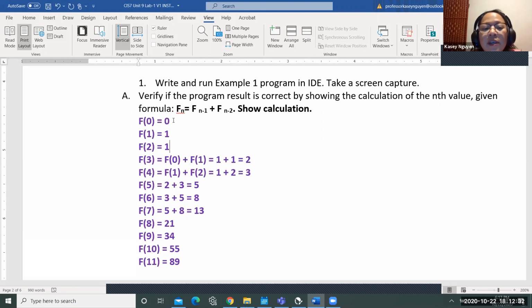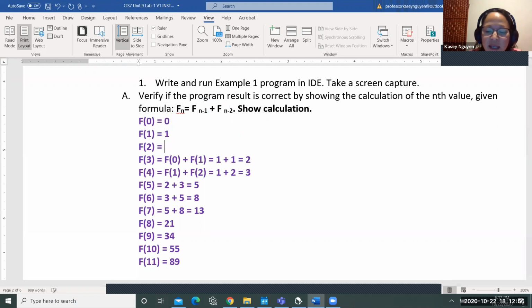It's 1 less. So here we start with f of 0 is 0. F of 1 is 1. So we would take these, right? And then f of 2 is 1. Now, if you see it at 0 here, right, we would begin adding after the first 2.